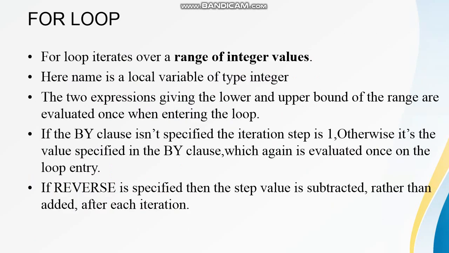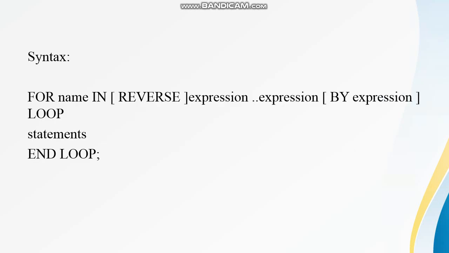For loop, like any other programming language, the for loop definition is also the same. The for loop iterates over a range of integer values. Here we say the name is any local variable of type integer. Like you can see here in the syntax, I have made use of the name variable. The name is any integer type of variable. It can be for i, it can be for x, it can be for y, it can be for c,